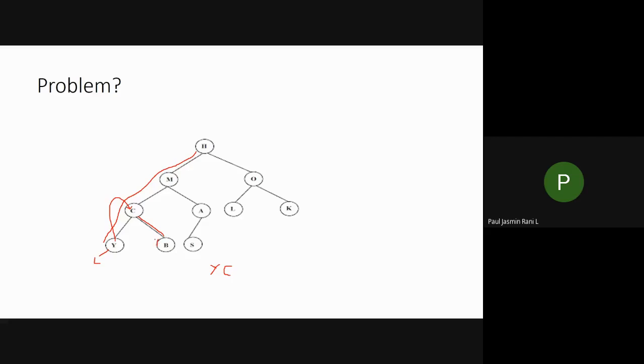I don't have any subtree. If I have only one element, the left is marked as null and the right is also marked as null. When I get null, I can simply print this one as it is. Now the whole thing gets over. That is, the left subtree of this element gets over, the whole thing gets over.